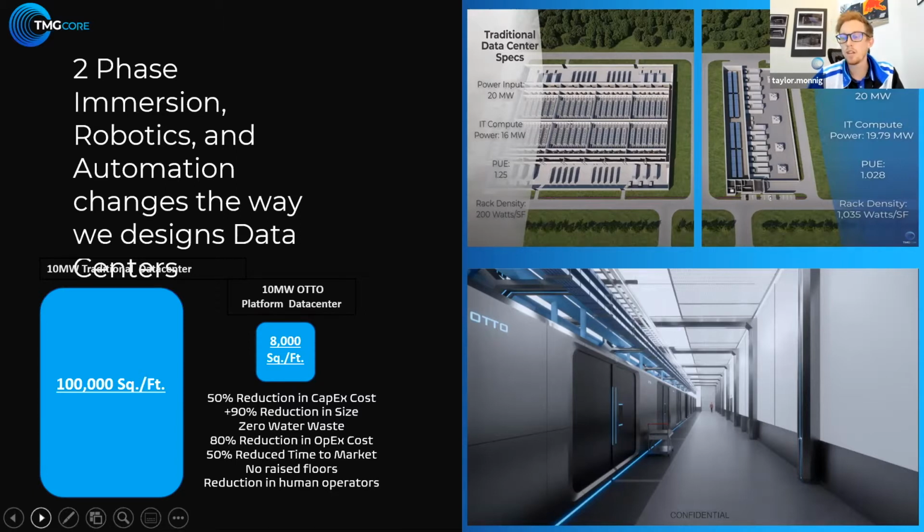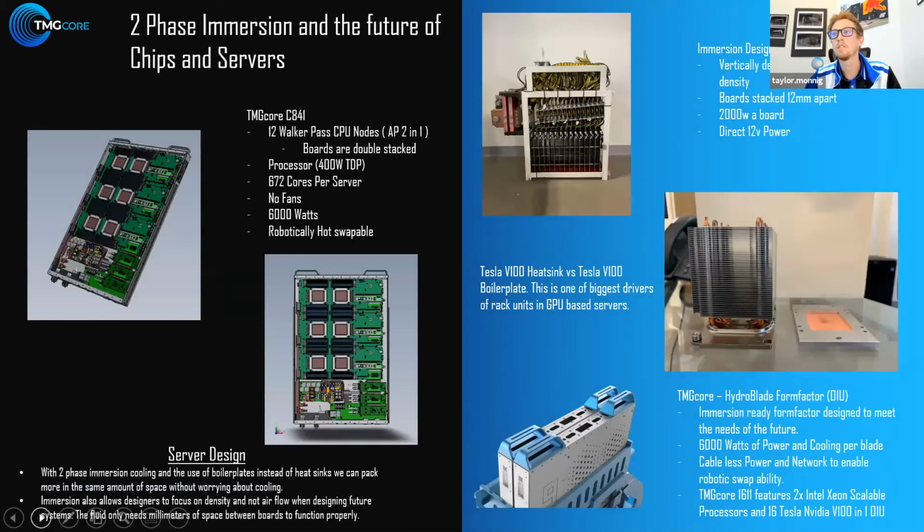And if you could go to the next slide, this is what inspires me the most, and it looks like some of this stuff got messed up in translation. So you basically take benefit all the way from the data center level down to the server level, right? What we basically want to do is take advantage of every opportunity that two-phase immersion provides. So we'll start in the top right. That's a rack. It's a completely different rack. It doesn't look like anything that would be in the data center today. And that's why the board was designed